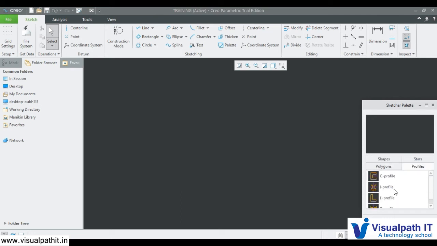We have profiles, C profile. Let's say you are creating a rail or something like that. We have C sections, I sections, L sections, T sections, and all these things. Let's say I want an I section.